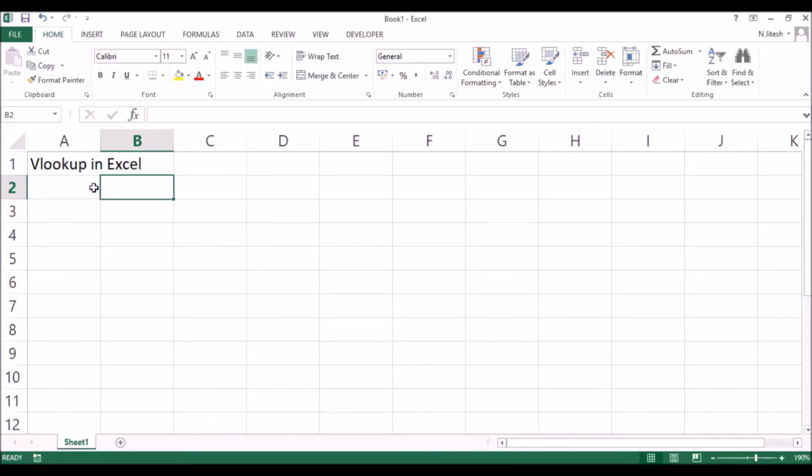As we know, VLOOKUP works on a table. So let us create a small table now and see how we can apply VLOOKUP in the table. Let's say, for example, I create a small table with the names of a few students and the marks they have got.